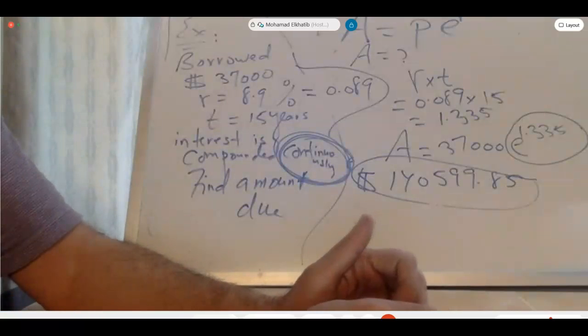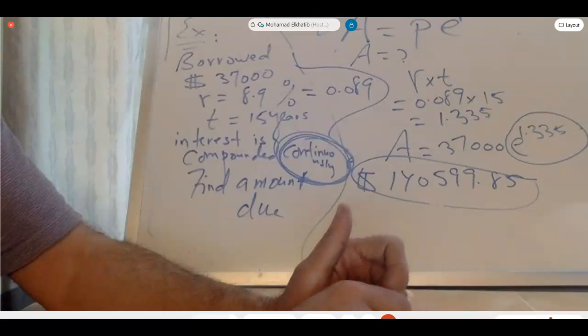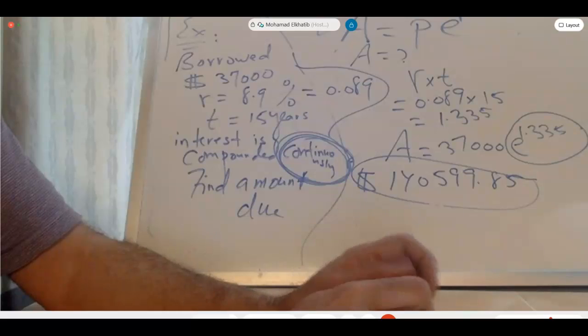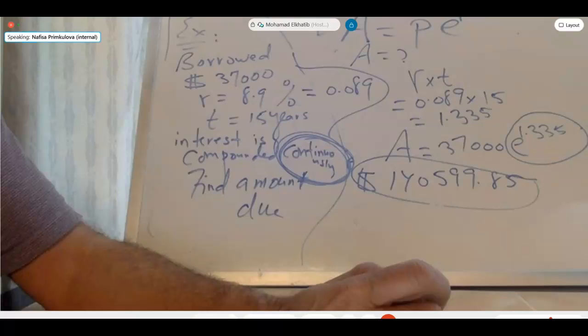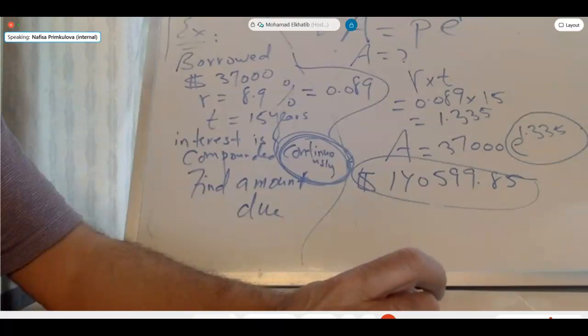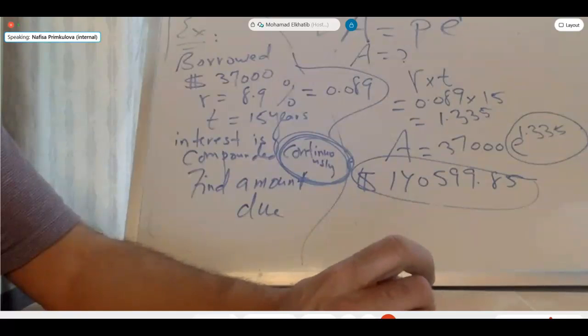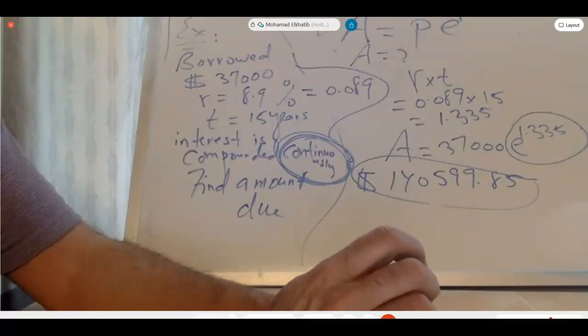Okay, is that clear? Yes, but I don't understand who wants to pay like that? Trust me, when you borrow money to go to college,